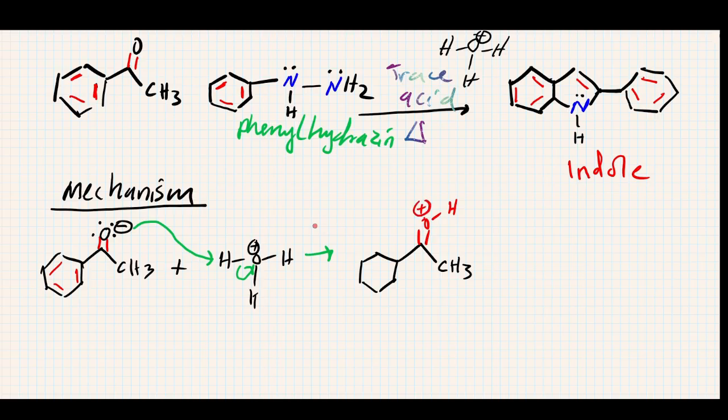Whenever oxygen is connected to 3 bonds, it possesses a formal charge of +1. So this is the activated ketone compound that we have. We're also going to have water as one of the products from this reaction. After we abstract one hydrogen, we're going to remain with water in this case. So now,